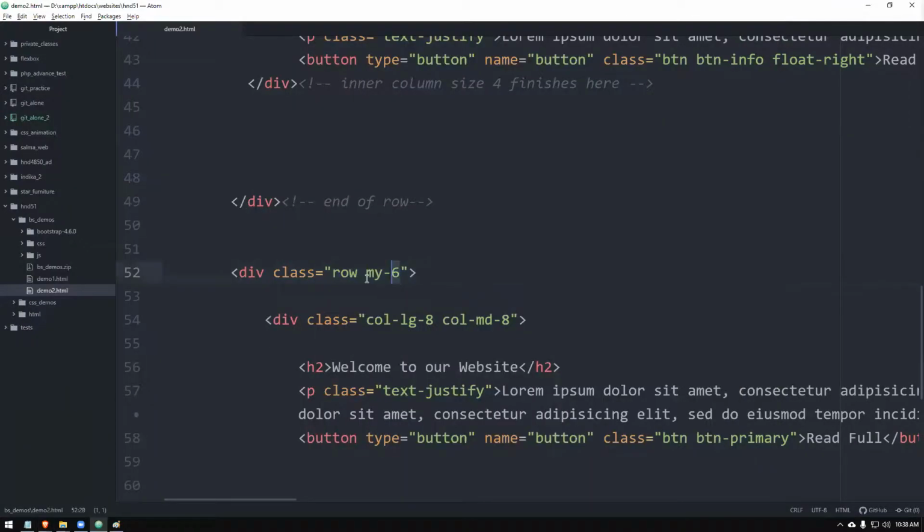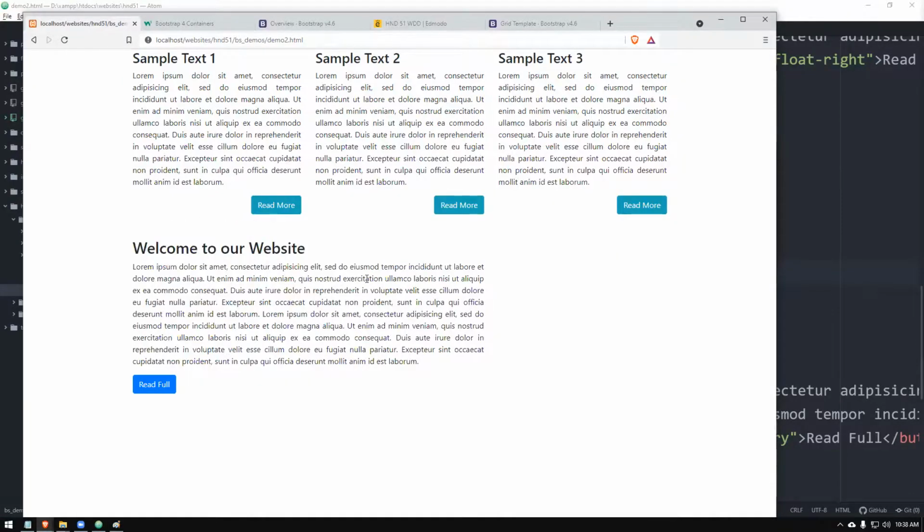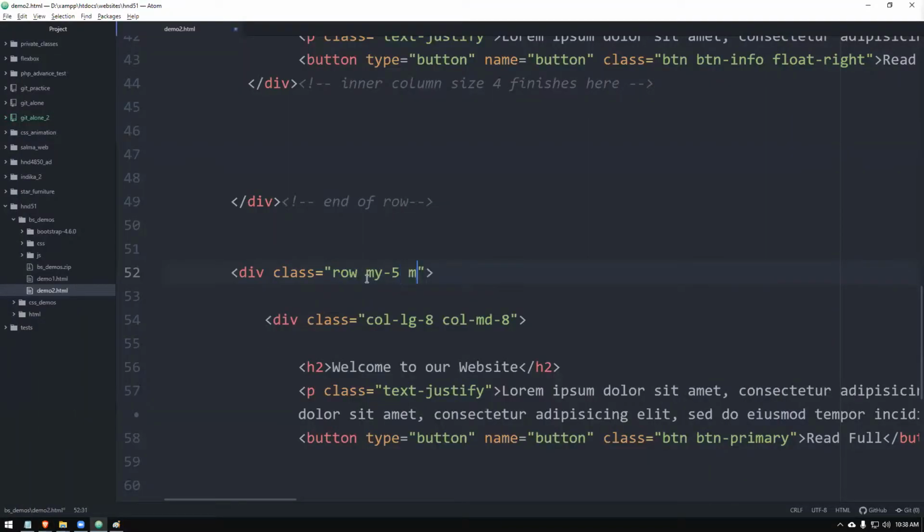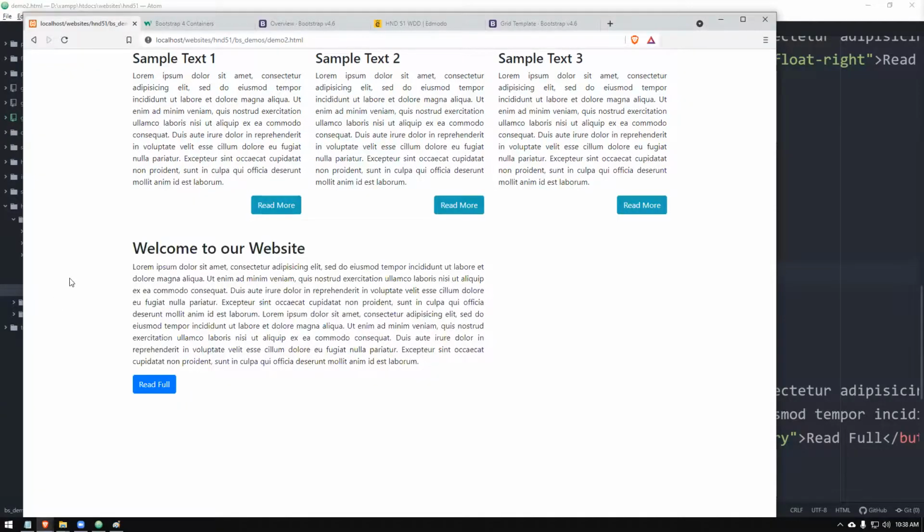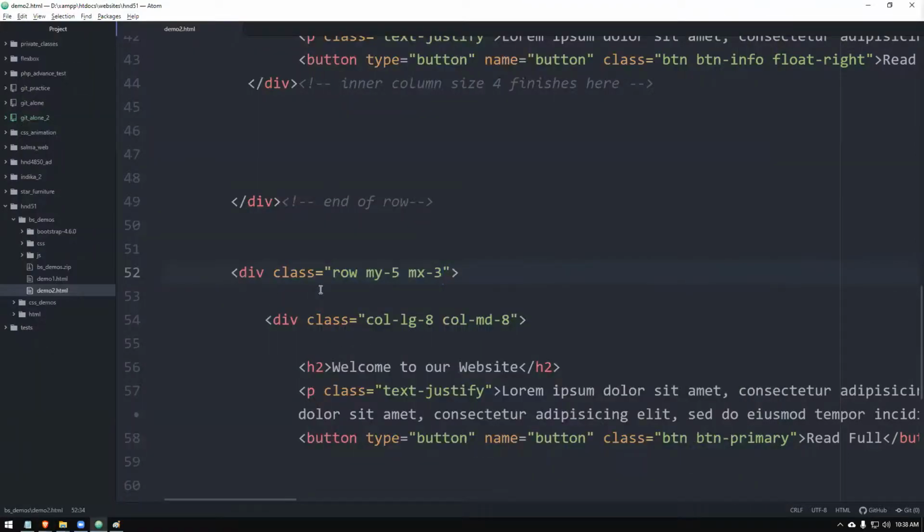See, it is not working. So up to 5 there is a gap break, maybe 50 pixels. It is maintaining nicely like that, so you can use that. Even you can use mx dash 3. So in this direction it will have a small gap. See, it is pushing to this side. Up to 5, you can go there also. Okay, hope you understand, right? So this is top only.